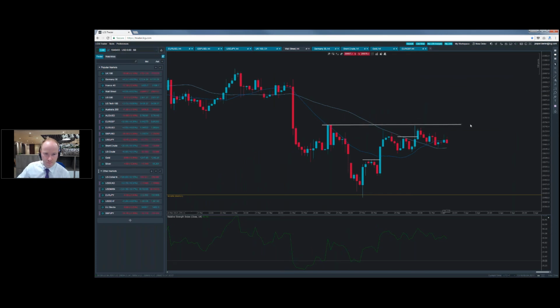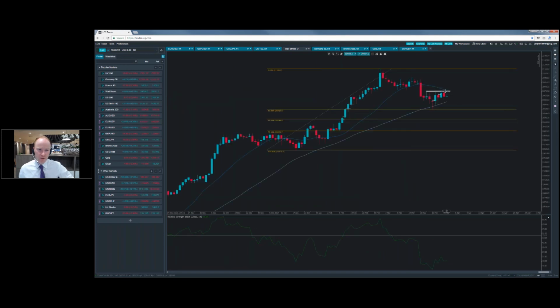We didn't quite test it on the first time, but fail 1, fail 2, we're still kind of vaguely holding on to these moving averages. We need to push through this resistance, and on that daily chart, it's the 20 period moving average. Once you push back through there, then the short-term trend is very much on again. At the moment, it's a bit tentative. We don't quite know if we've got more to go in this decline.